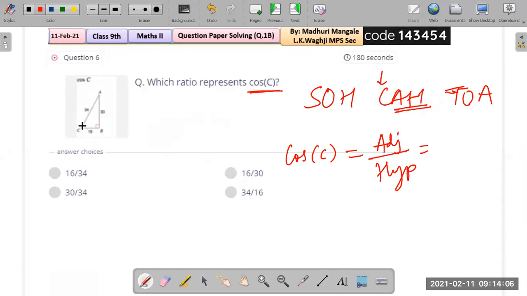So in this case, we look at the angle C. This is angle C. We want the hypotenuse. Everybody knows the side which is opposite to B is the hypotenuse, correct? And adjacent. What is adjacent? Which is not opposite. So this is opposite. This is not the one which is right next to C, and not the hypotenuse. That is adjacent, isn't it?